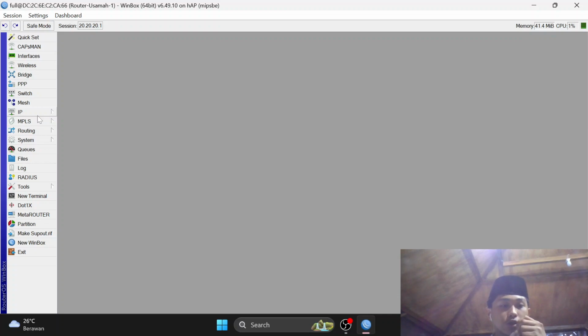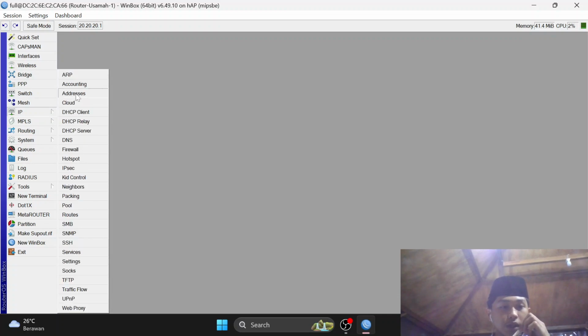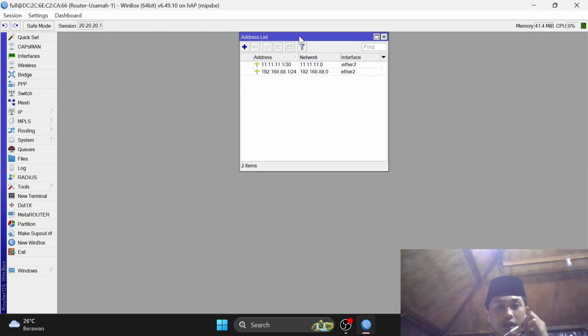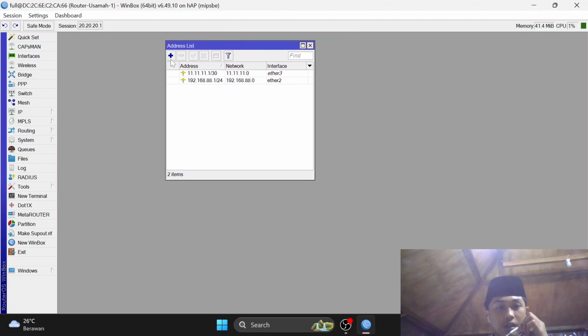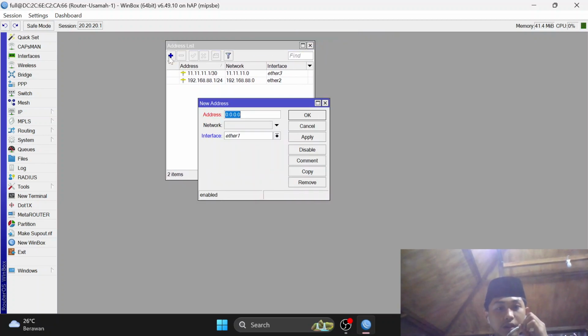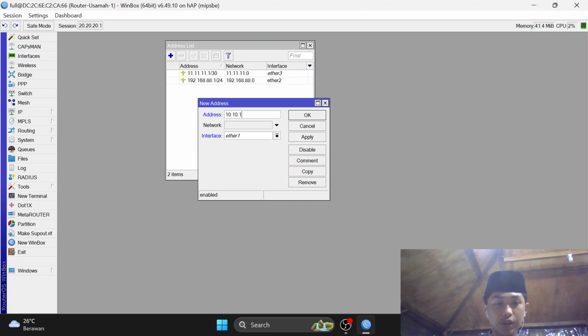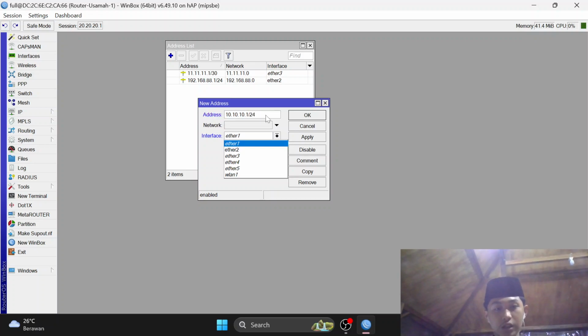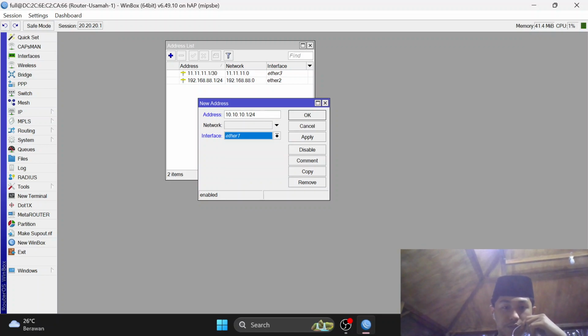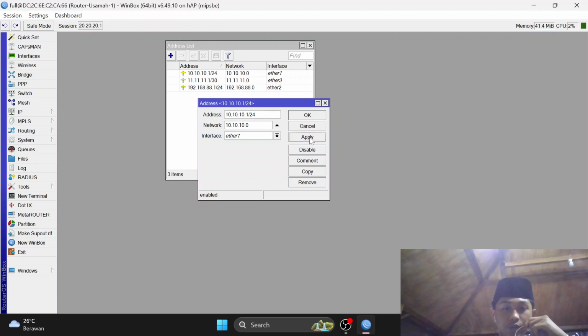For example, let's go to IP, and then addresses. As you can see here, we can add some IP address. For example, here I will add maybe 10.10.10.1/24 on interface ether1, and then click apply. Okay.